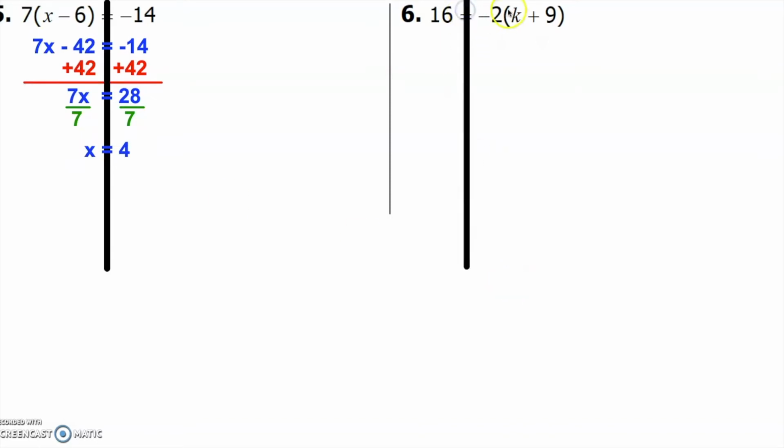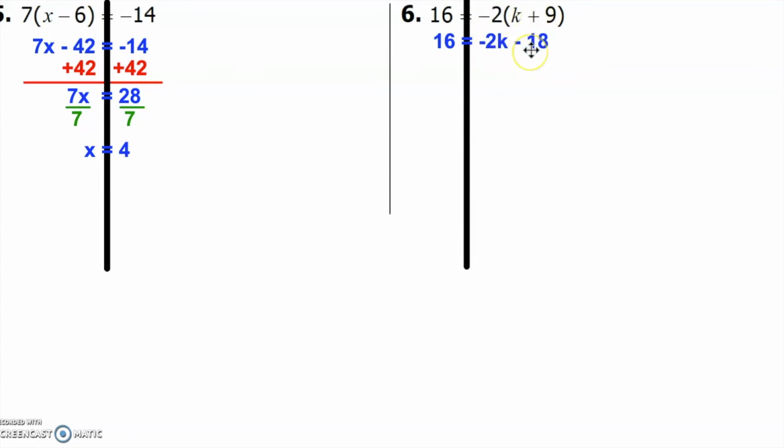In number 6, notice I have that negative 2 in front of this parentheses containing k plus 9. So I'm going to distribute the negative 2 to k and to the positive 9. The 16 just comes down. So negative 2 times k is negative 2k, and I have a negative times a positive, which gives me a